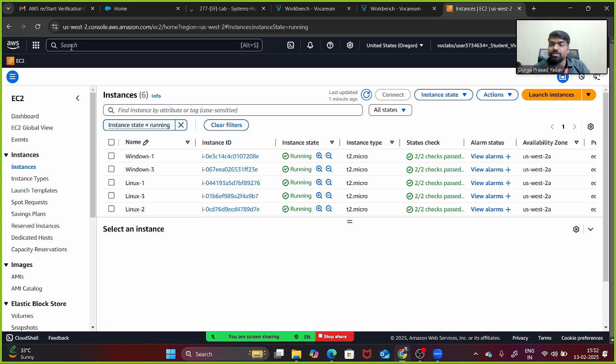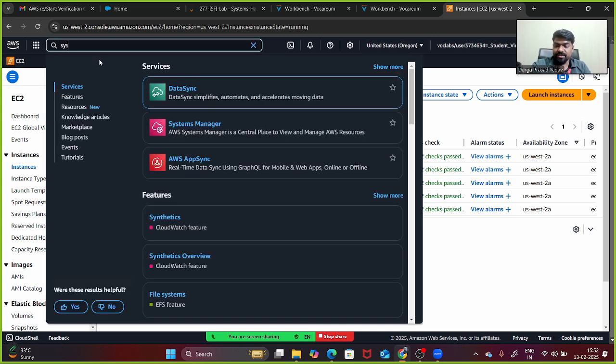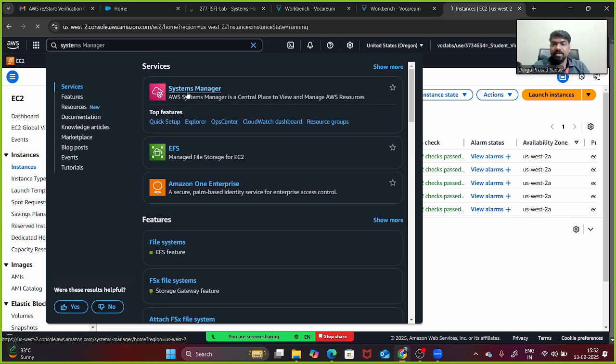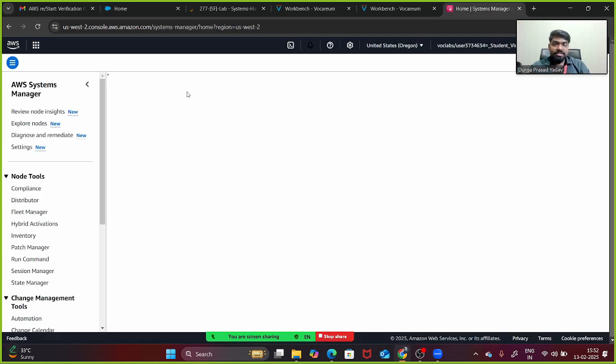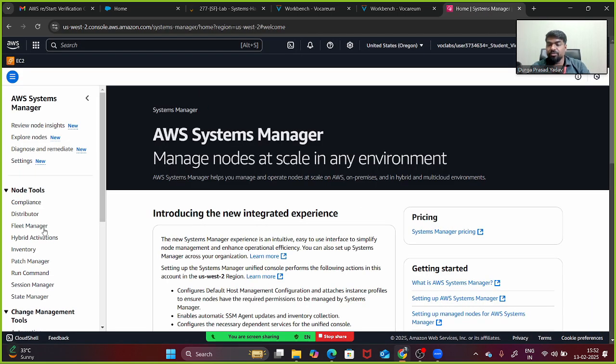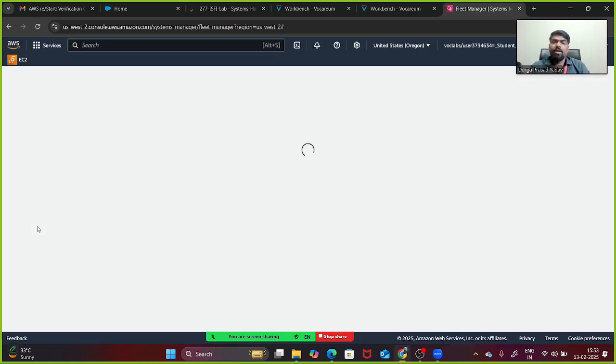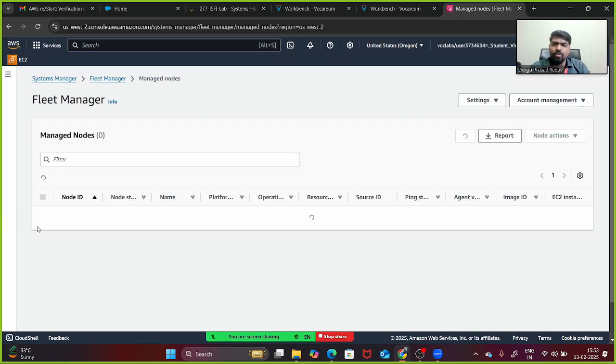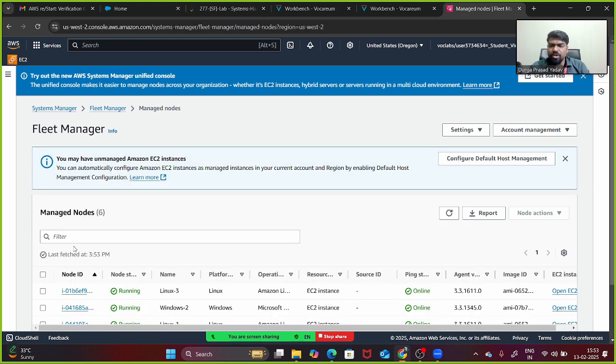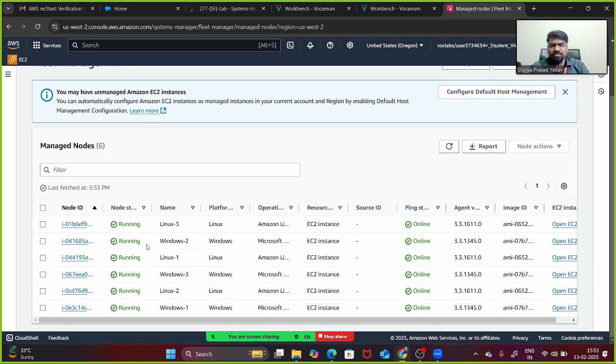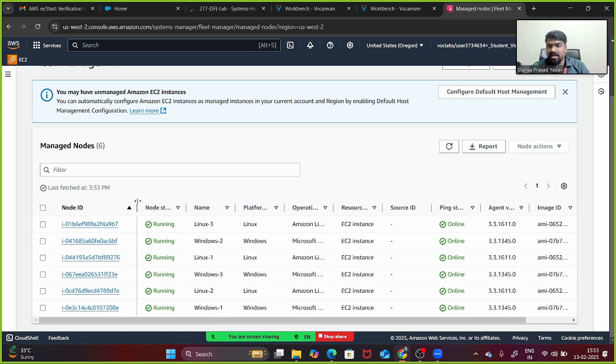If you go back to the System Manager, under the System Manager, if you go back to the fleet manager, you will be able to get all the nodes. Under node management, you can go to inventory, and you will get all these managed nodes. These are the 6 machines that we are getting here. These are our machines. These are all the nodes. We used to call them nodes here.